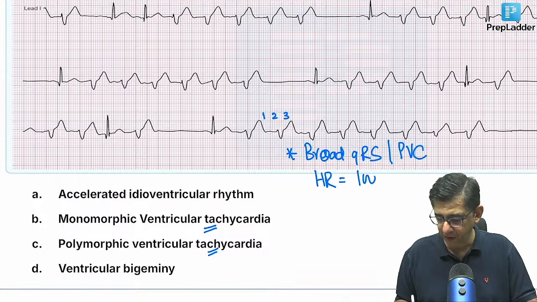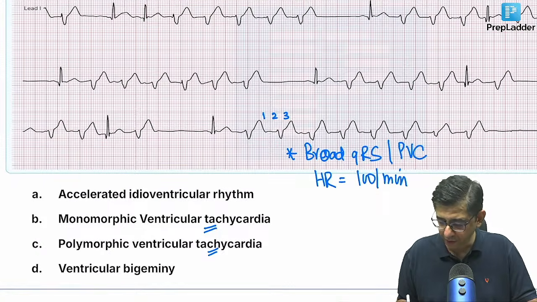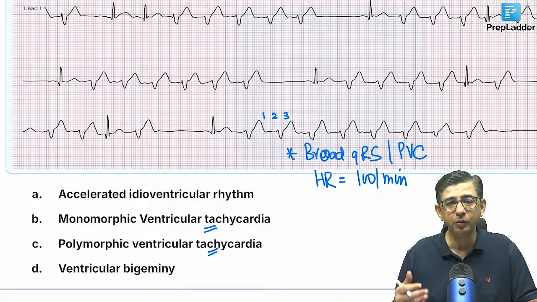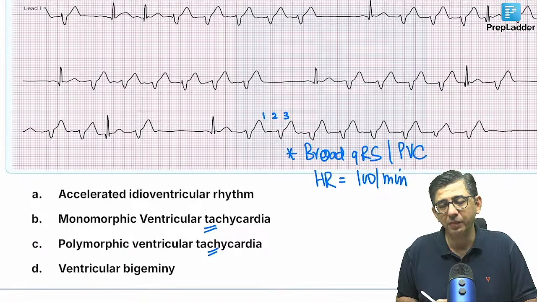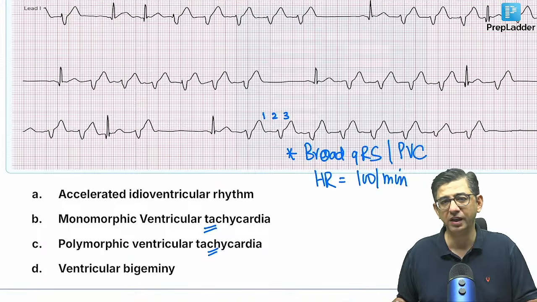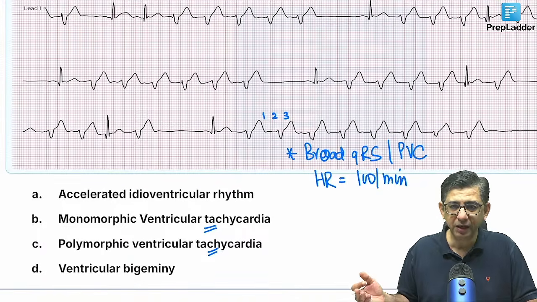And because the heart rate of the patient is normal, therefore we are going to get this rhythm in a patient who has recently been thrombolized. For example, a person had a myocardial infarction and he went to a non-PCI equipped center. Now, in a non-PCI equipped center, and it's more than 2 hours distance to the main city, then